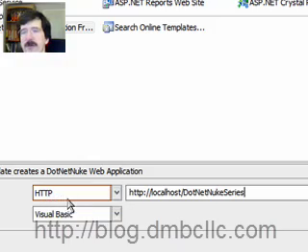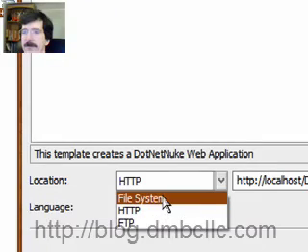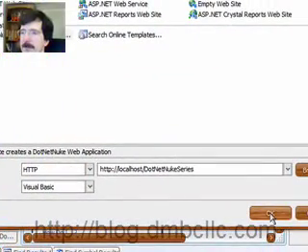The other thing that I want to mention here is that you really ought to do all of your web development using the HTTP setting. That would be put all of your web development stuff under IIS. And the reason for that is if you develop your websites under IIS, any security errors that you're going to get will manifest themselves while you're doing the development. If you absolutely have to, you can go back to file system, but I really strongly recommend that you use the HTTP setting. So next, we go ahead and press the OK button